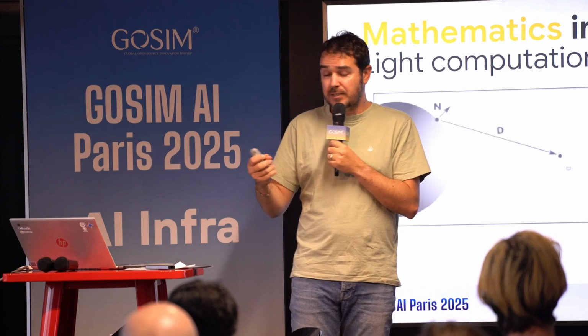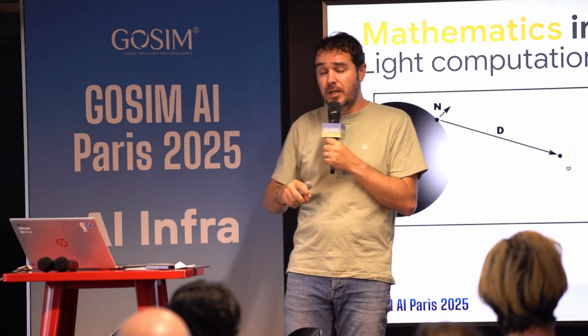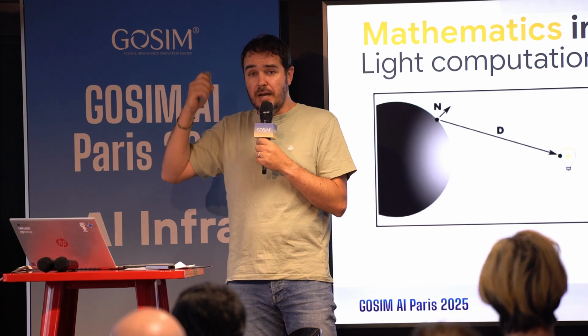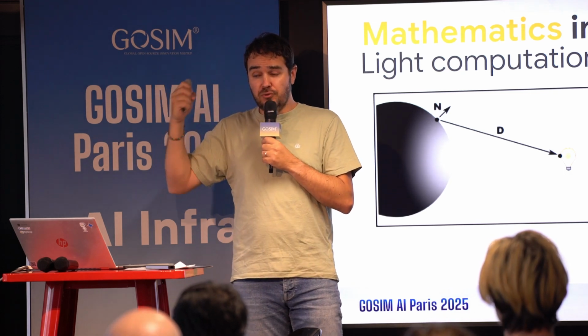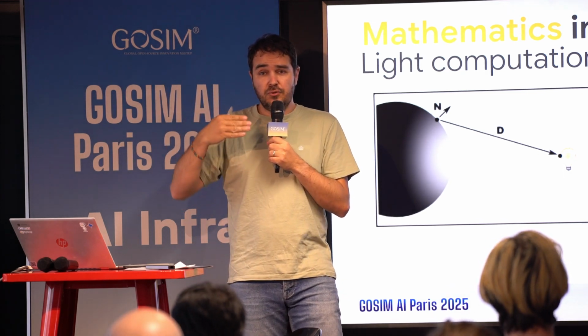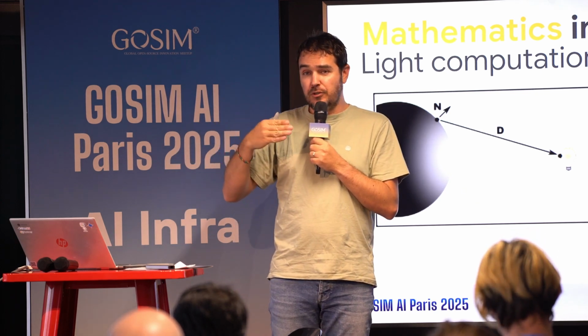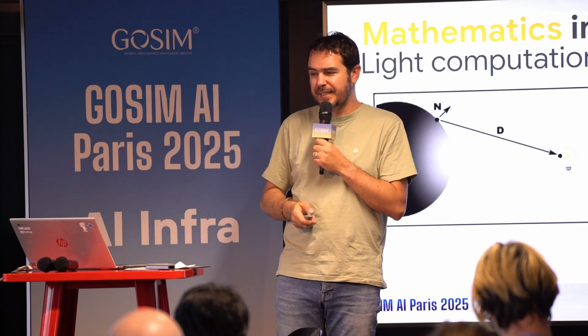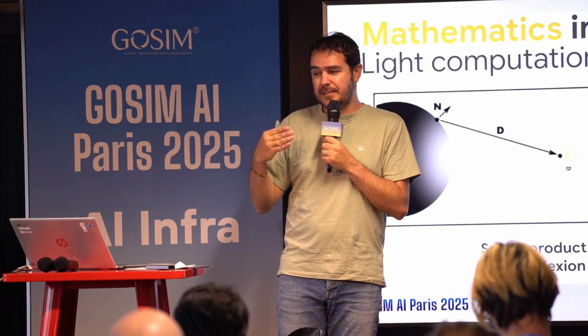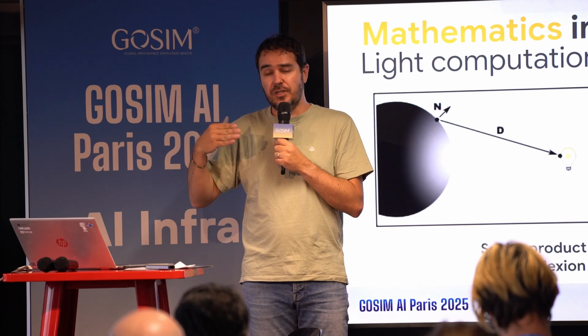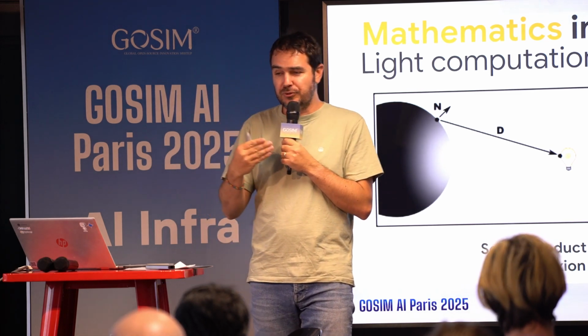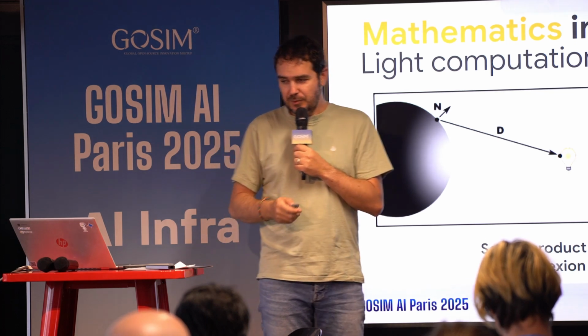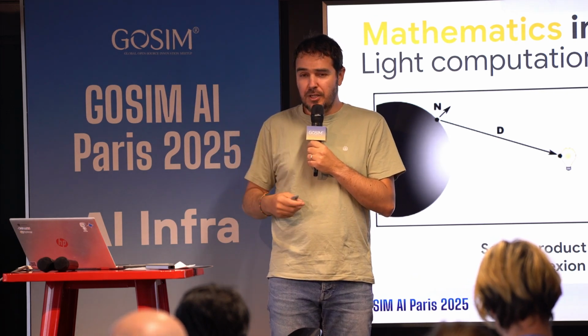In fact, you have a shape and you have a light source, and you are sending a light ray from the light source to the shape. According to the reflection angle with the shape, you have a full reflection or no reflection. And to calculate this alignment between the light source and the reflection, you are performing a scalar product. So that's the mathematical value.